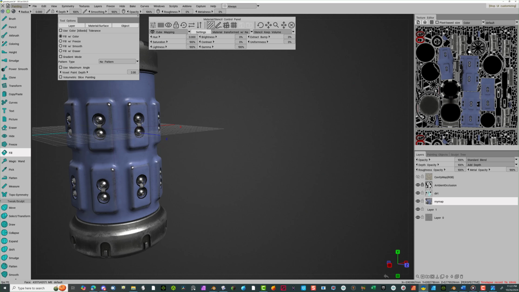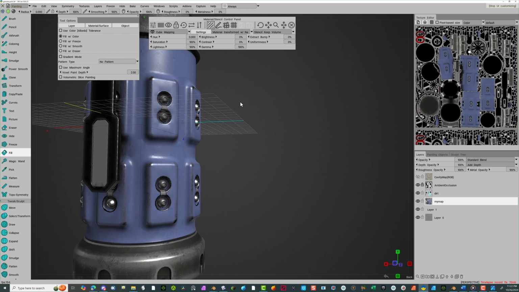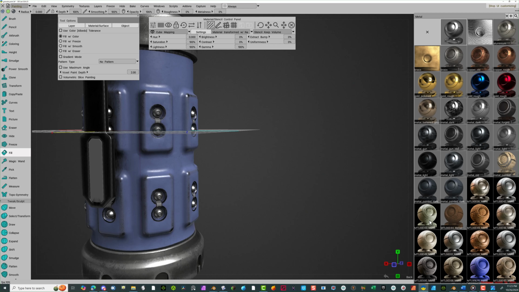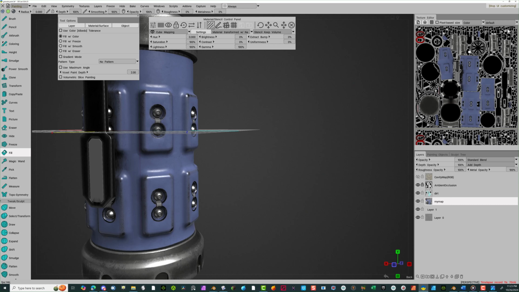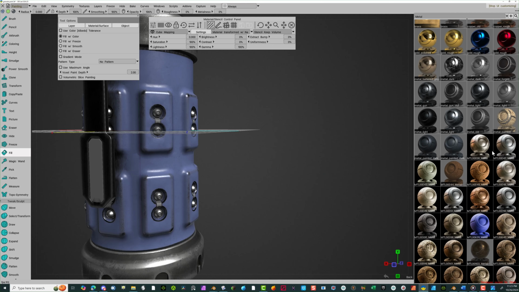Still got to do these little metal pieces. Okay, so I got two more objects to really work on, and we can go back in here now. I really like that look on that metal. I'm going to continue to use that, but in a different way. So now if I go back in here,